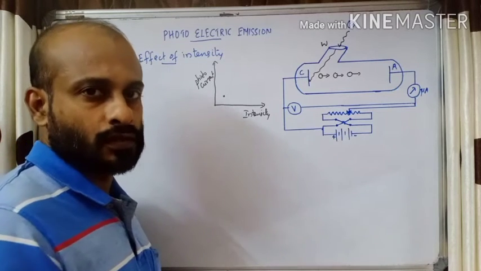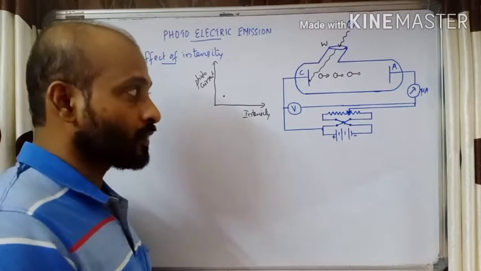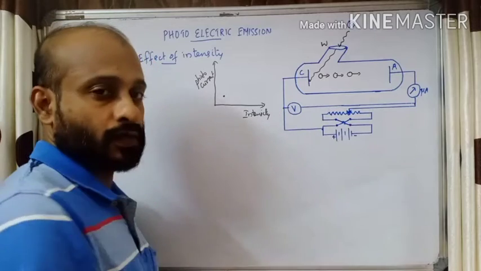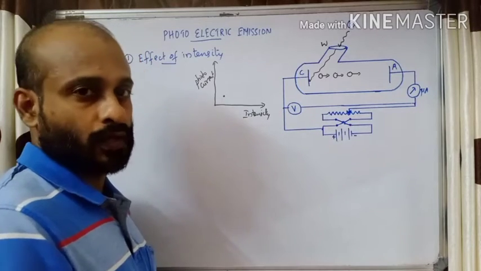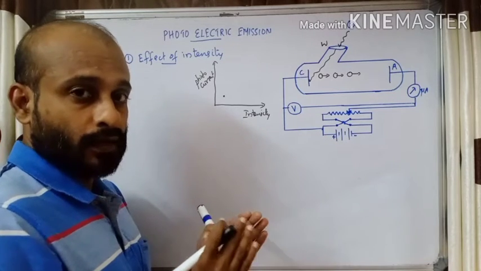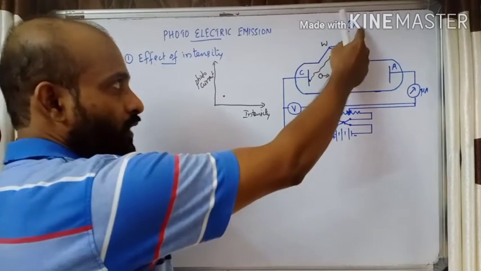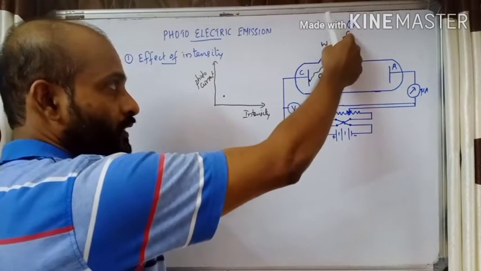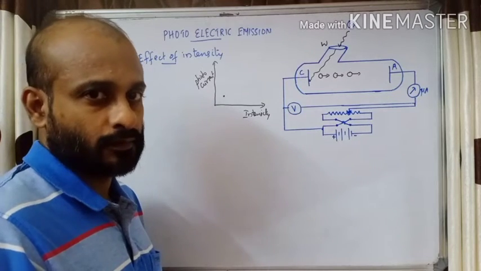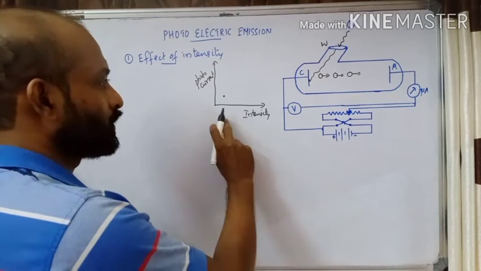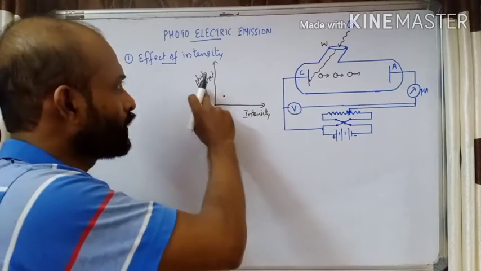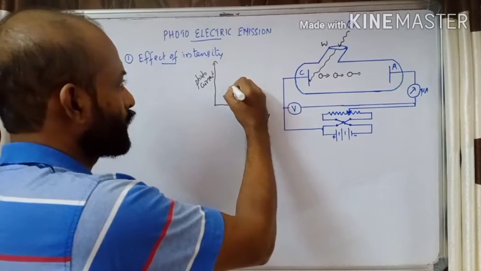Now gradually we will increase the intensity. We will use the next bulb having 200 watt. It is observed that more electrons will be emitted compared to that of 100 watt. We are not applying any potential difference now. Suppose potential is 0, or we can apply a minimum potential. We are not increasing the potential too much. But what we are doing is just increasing the intensity of light. We are using different sources of light having different power. When we replace the 100 watt bulb with the 200 watt bulb, the photocurrent gradually increases. We will get another point.